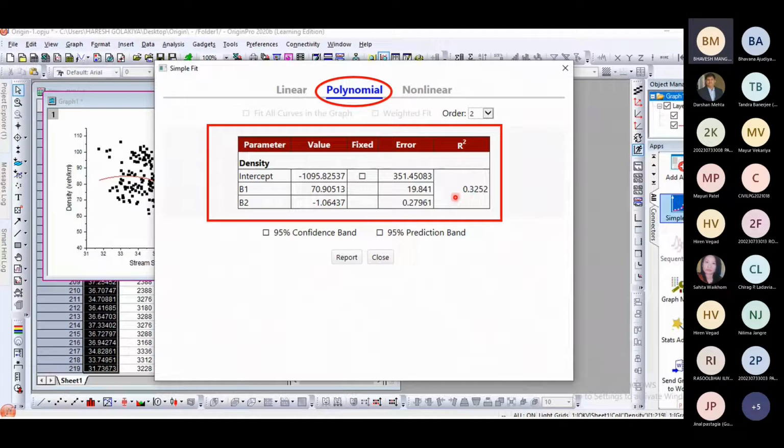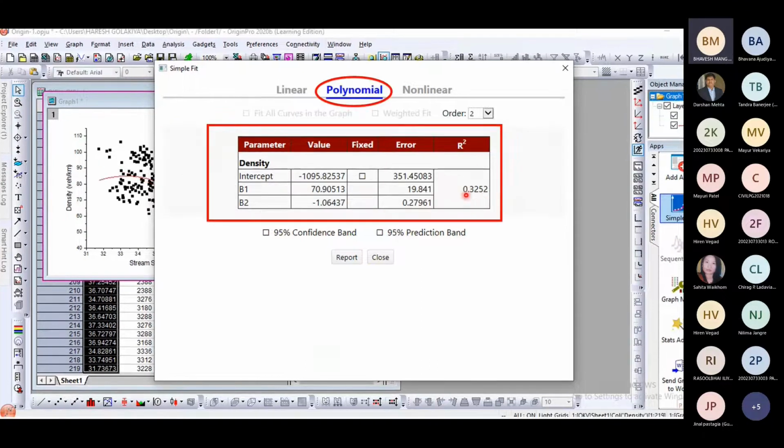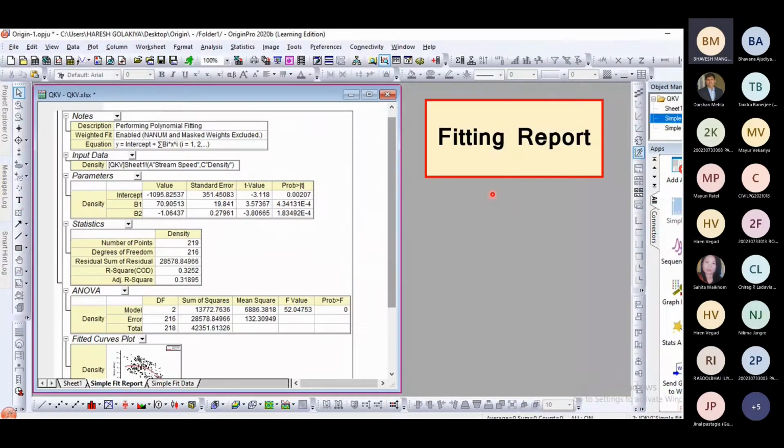Here you can compare the R square value and you can get to know which fitting is better. Here for the linear fitting it was 0.28 and for polynomial fitting it is 0.32. So we can say polynomial is better. In the data we can see much scatter is there. So due to that this R square value is low here. That is a statistical part, but we can compare it.